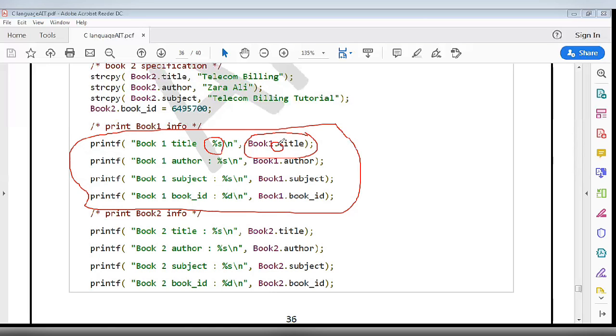Here book1.title: book1 is the object, dot is the member access operator, and title is the element of the structure. In the same way, we are accessing book1.subject. Book1 is the object and subject is the element of the structure.